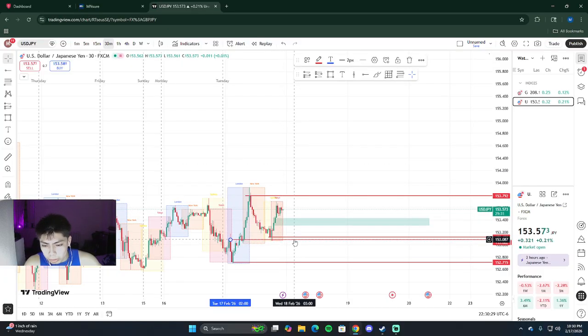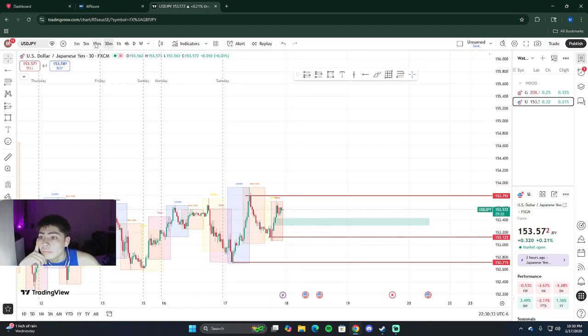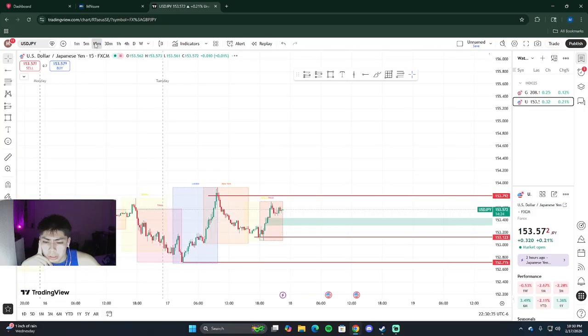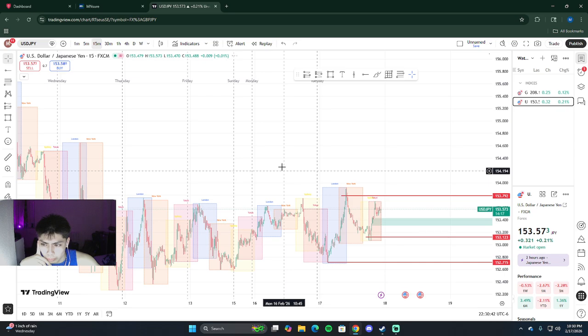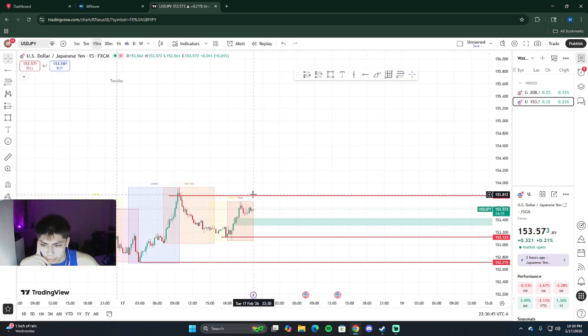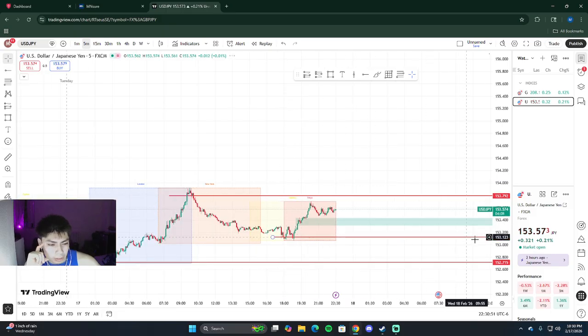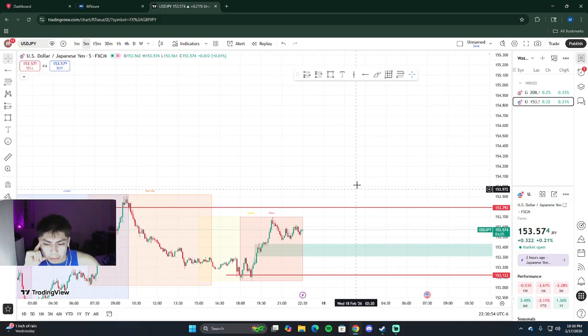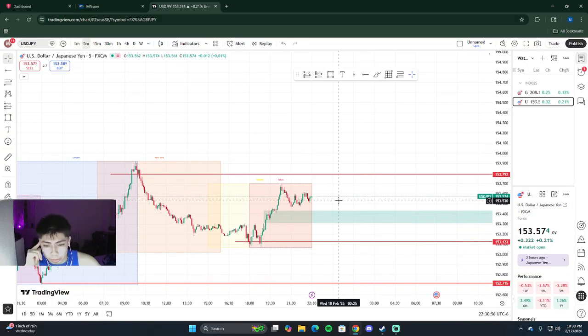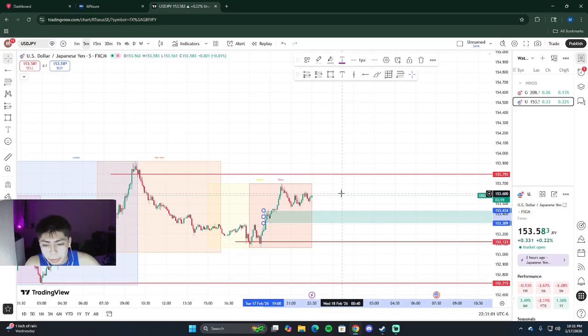Swept. Went up. I don't like all these bars here. On the 15-minute, it could go back into this and bounce up and hit these previous highs. I'm looking for a liquidity sweep. I think that's my strategy. I think it's a liquidity sweep. We could see it.